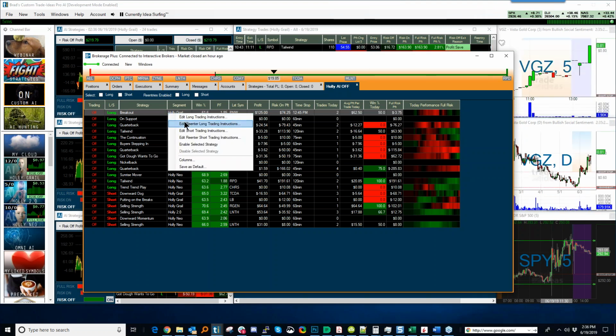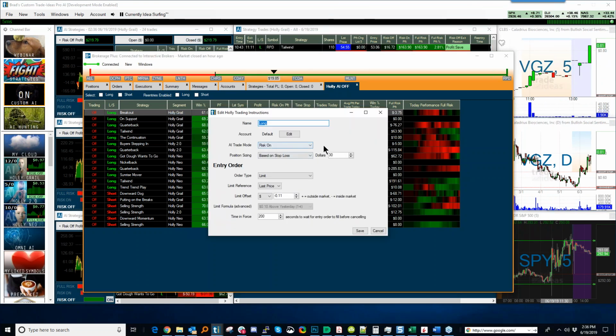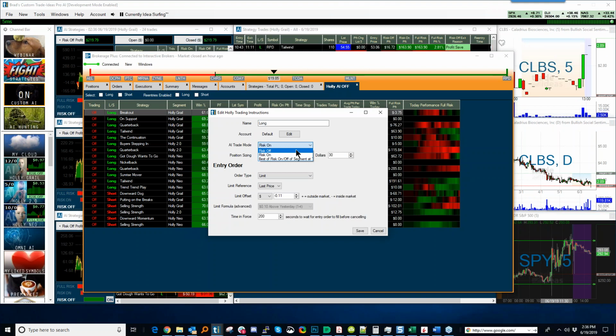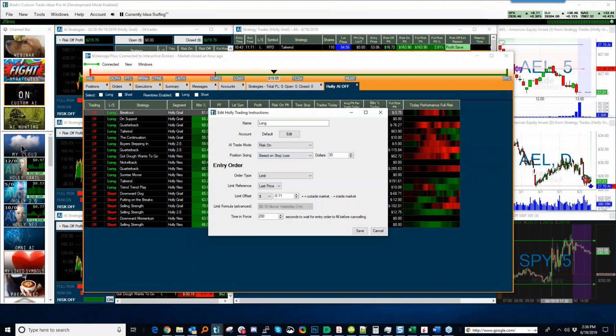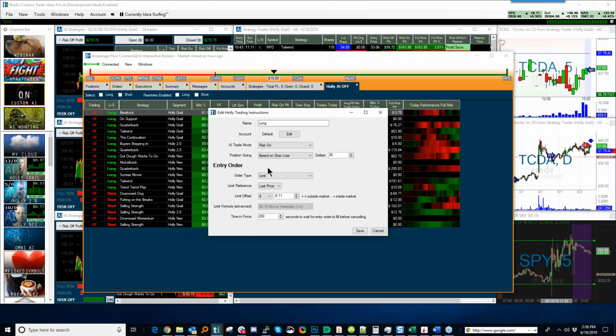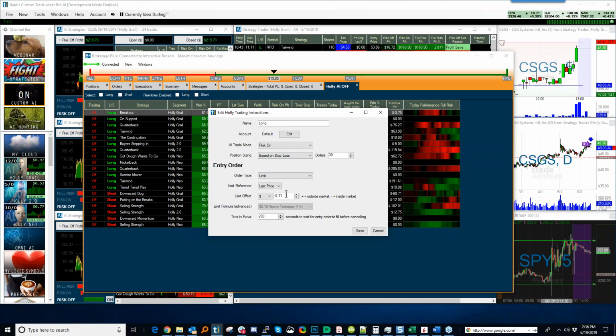And what you would do as a trader, you have to make some decisions here as well. So if I edit the long instructions, you have to tell it, how do you want to trade this? Do you want to trade it in risk off mode where you're getting out at the end of the time expiration, or do you want to trade it in risk on mode, or do you want to trade it the best of? And that's based upon what's happening on the AI, right? So if the AI is telling you that risk off is the mode for that segment, then that's how it's going to treat it. Then you tell it, do you want to do a limit or market? How aggressive do you want to be with that limit or